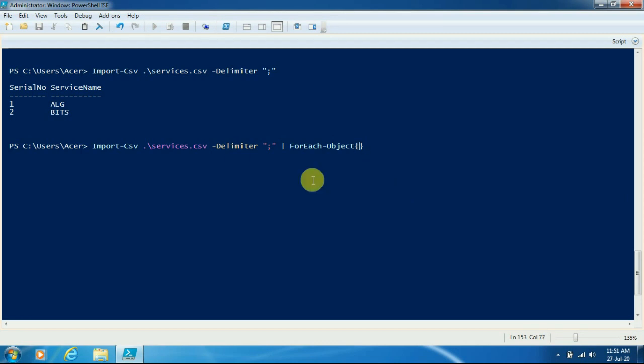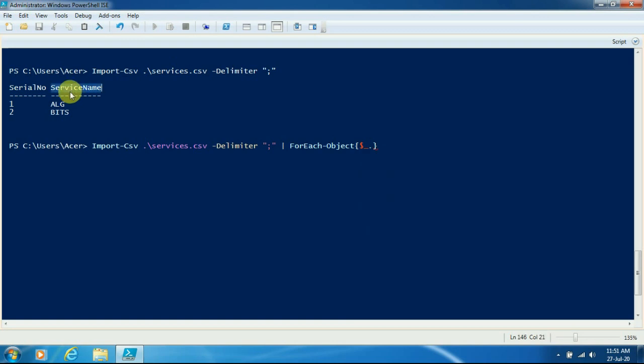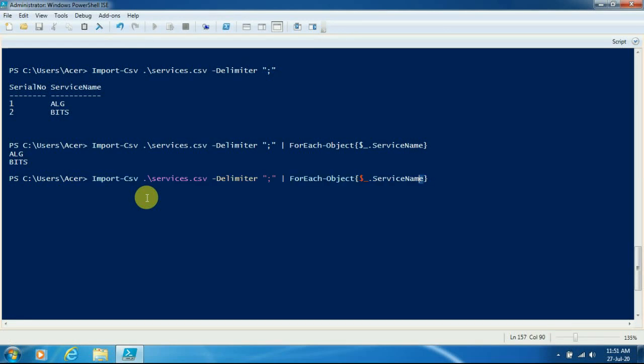Here if I want to print only either service name or serial number, I will have to use it like this, and I can specify the column for which we want the output. If you execute this, you will get output for only the service name column. Again if I want only the serial number, I can just copy this, paste it here and execute. You will get only the serial number.